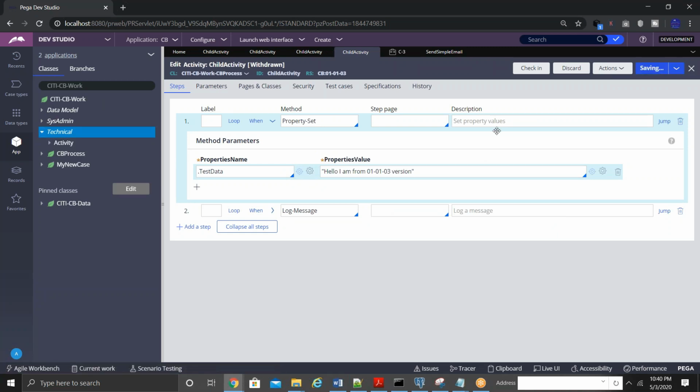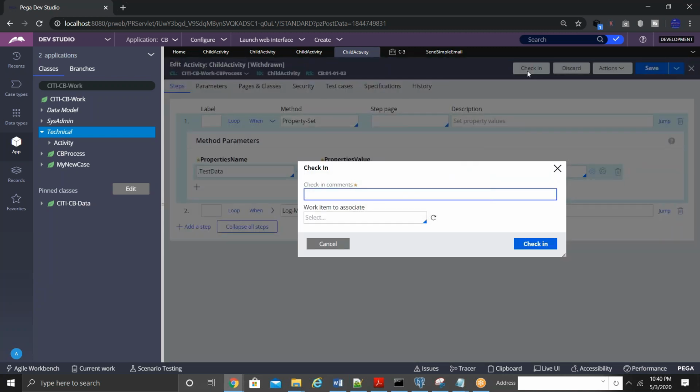Okay, save. So I'm withdrawing the highest version, which means none of the lower versions are available either. They are not available. Check in.